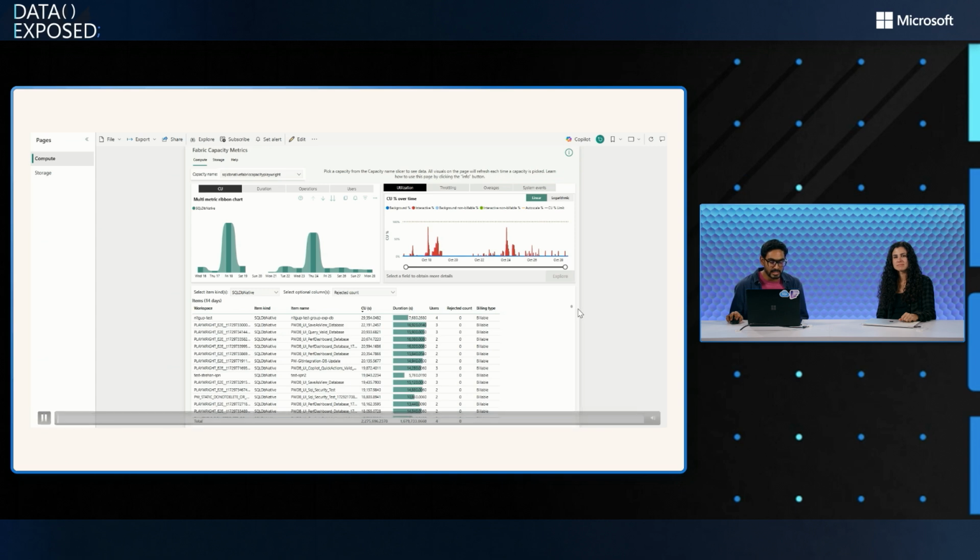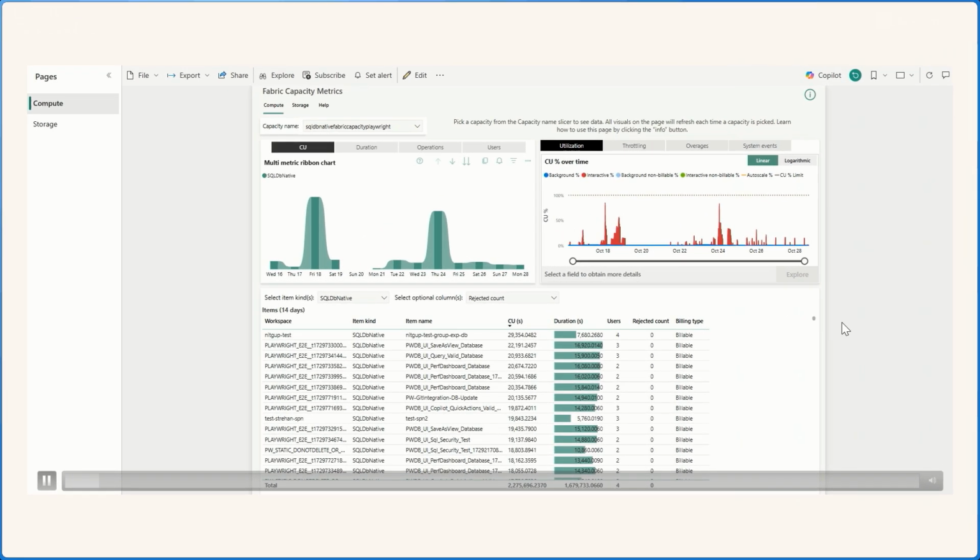So essentially, this is the Capacity Metrics app that we have. And you'll see that the admins have access to all of the capacities under the tenant. So essentially, I'm just going to see if I can toggle to the right capacity here by moving my cursor to select the right capacity for myself. After I select the capacity that's relevant for me, the metric ribbon right below it, and all of the other elements of the dashboard, will change accordingly.